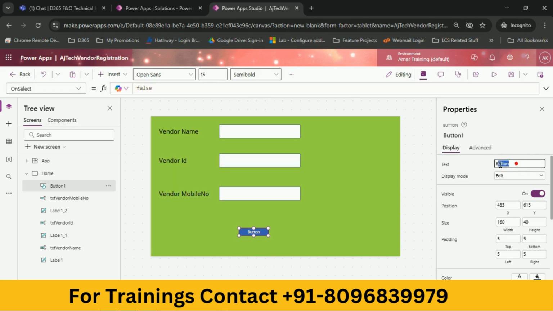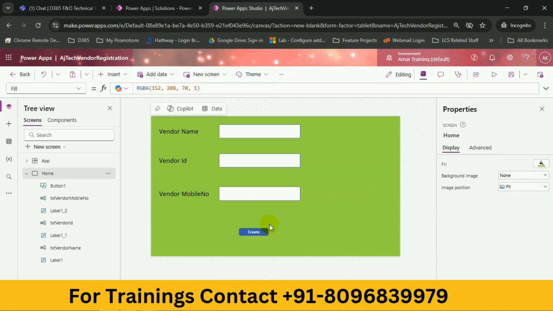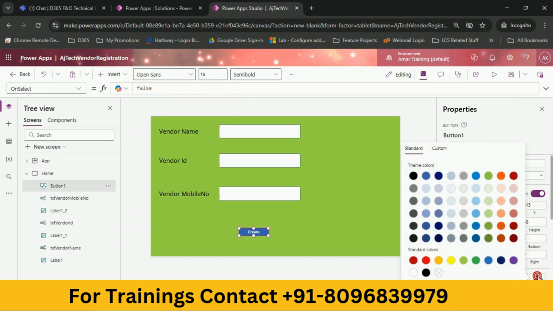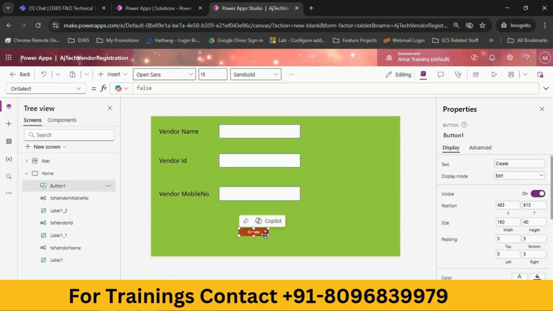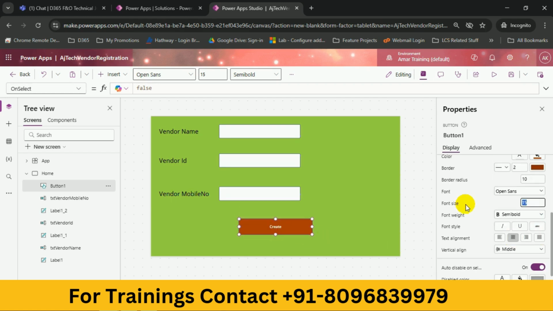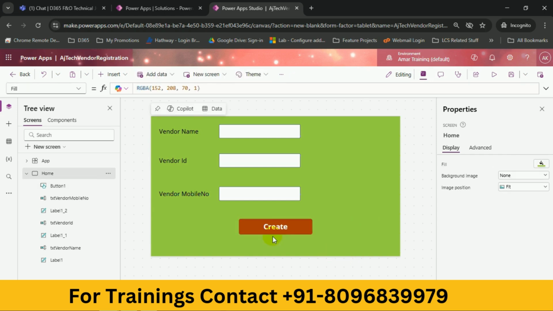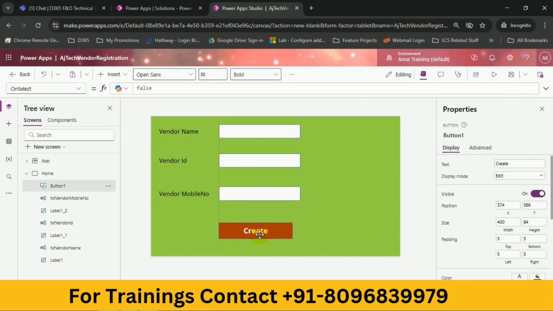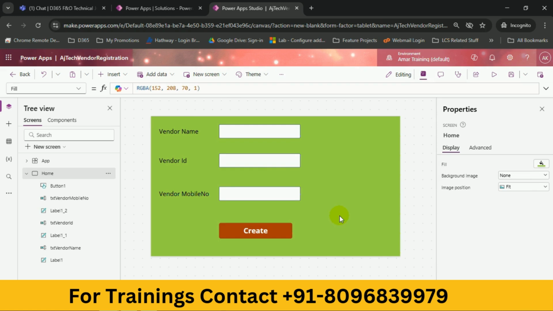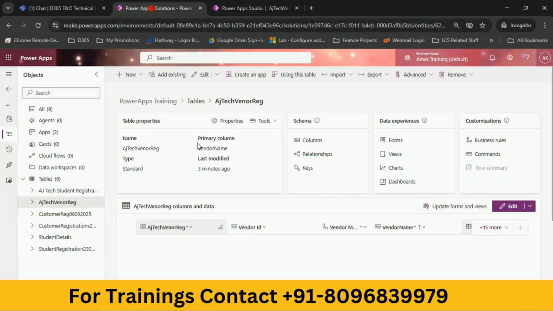Here give the proper name, create the data, name is create, and if you want to change the color, then it's good to change it, and increase the size of this button for better viewing purpose, and bold. Here we can beautify things. That's good. So once that interface is ready, now we are going to connect with our CDS